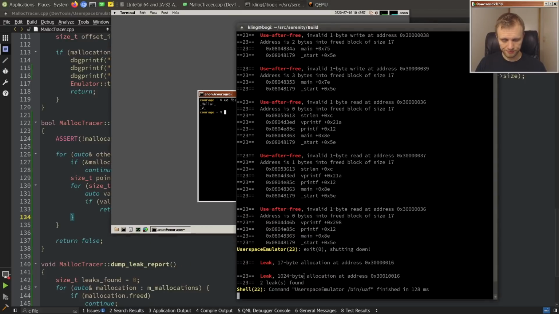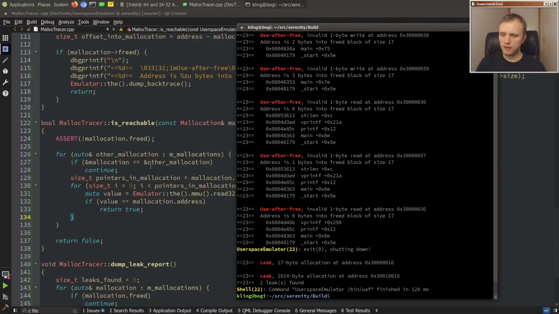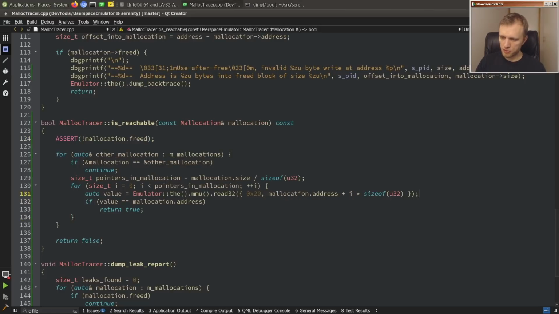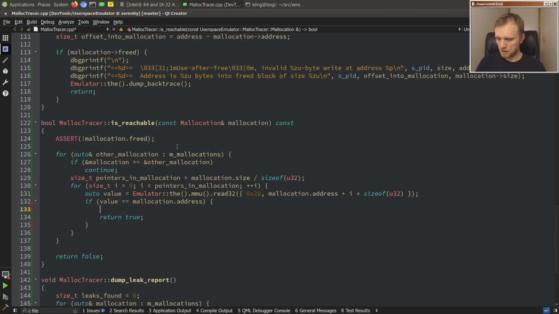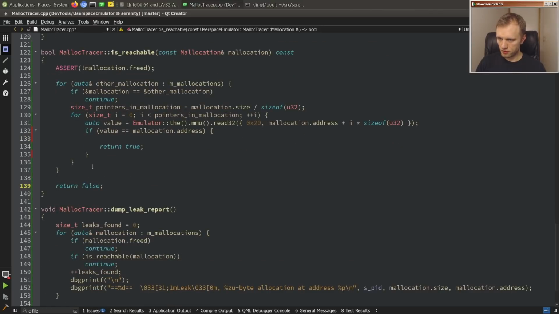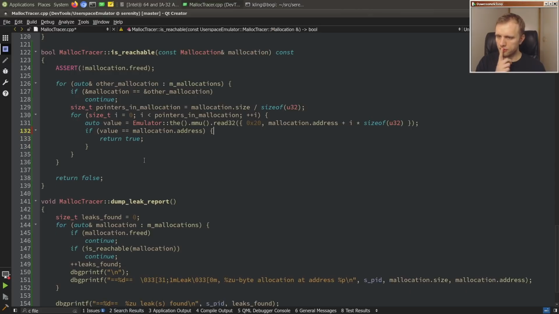So here we go. These things, both of them still come up, of course, but let's try. Let's print out something here when we find it. So is reachable false. So these should actually be considered unreachable. What if we,